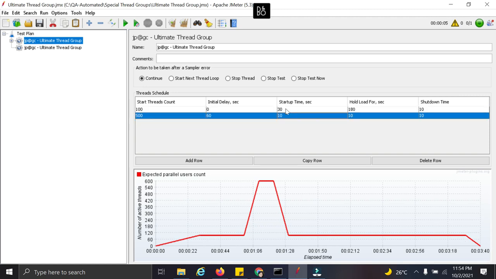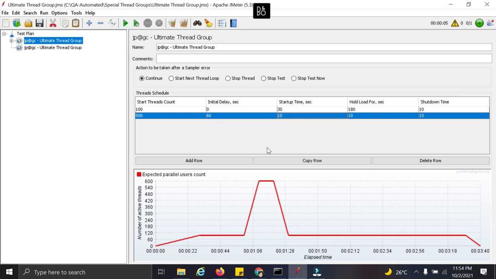In this way, with the Ultimate Thread Group, we have the option to configure multiple load scenarios. In this case, I have configured one peak, but in your case, you might expect multiple peaks when you are executing your load scenarios, and this particular thread group will help you achieve that.